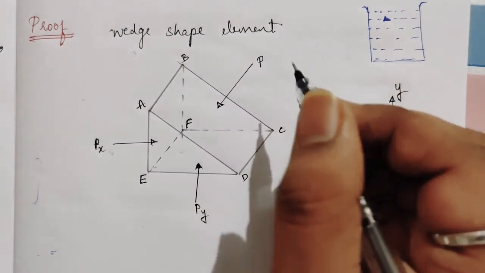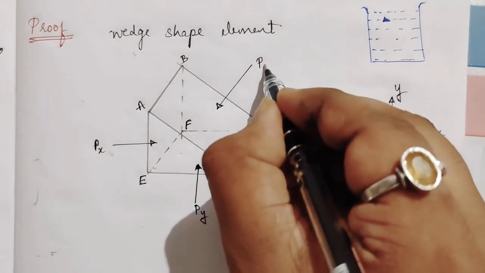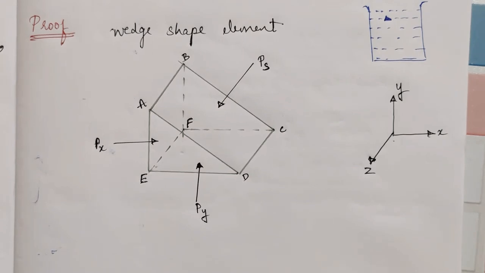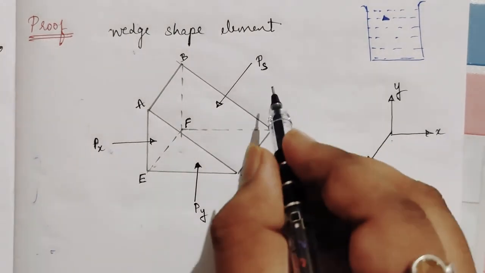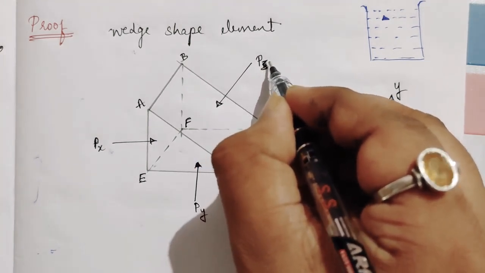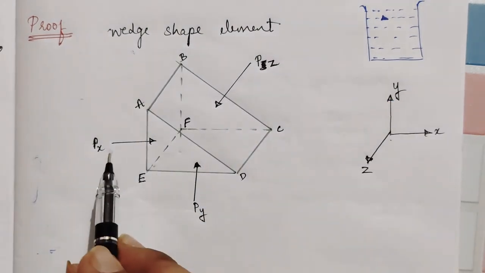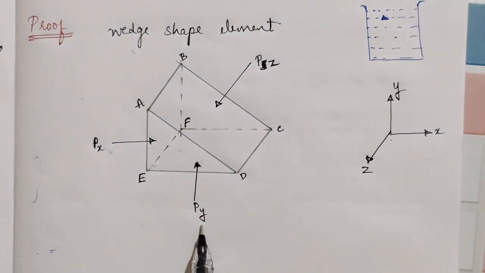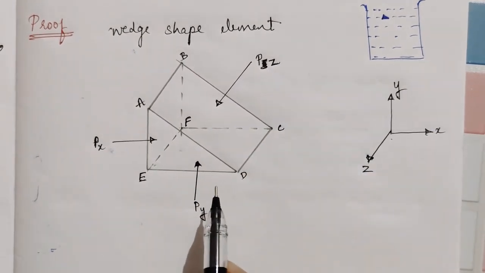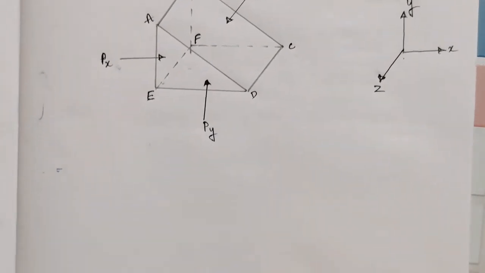But when it comes to gravity, we should resolve it. That I wanted to tell you, that resolving is certain. I'll take it as Ps or Pz, anything. You can take Pz also. So X, Y, Z I'll take. Px is the pressure force in X direction, Py is the pressure force in Y direction, Pz is the force in Z direction, and that is in slant way.